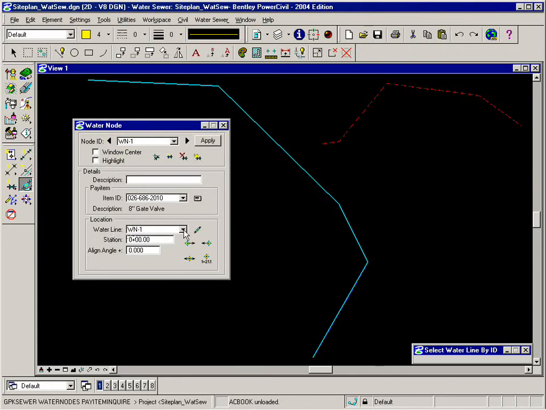For the water line that we want to place it on, we're going to select that from the list, and we have water line 1. You could also ID the water line graphically. Then we need to decide where along that water line to place it. We can place it at the beginning or the end, or we can dynamically place it at some other station along it. Or if we know the station, we can type the station value in, and we can key that in place. I'm going to place it at the beginning of the water line, so I'll click Begin Station, and